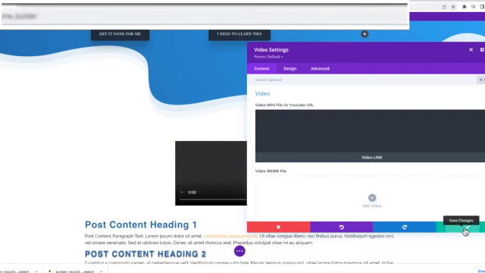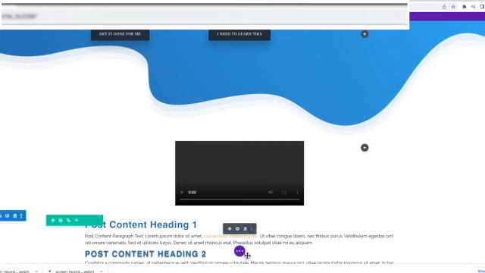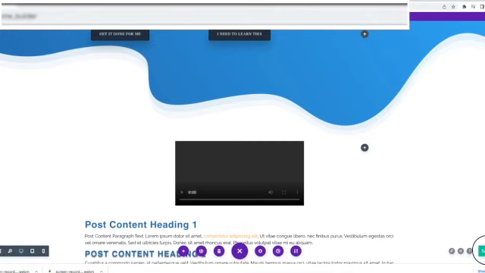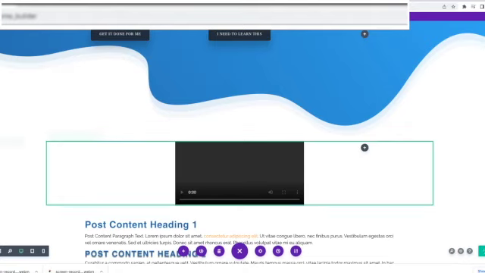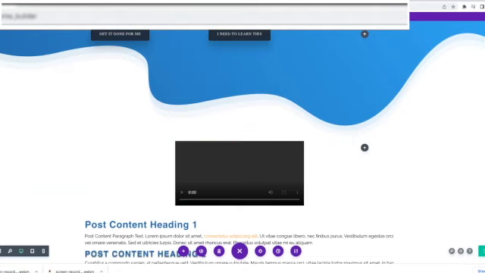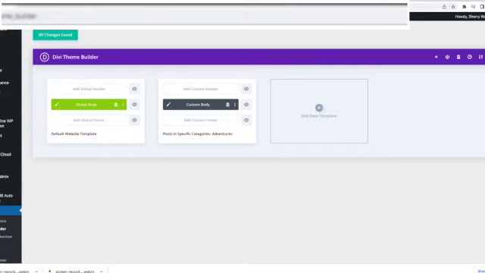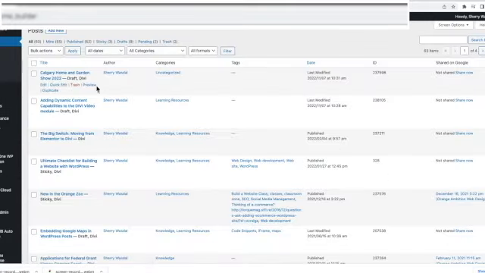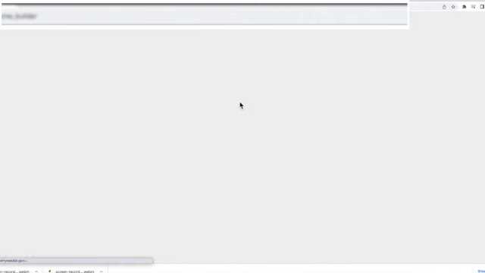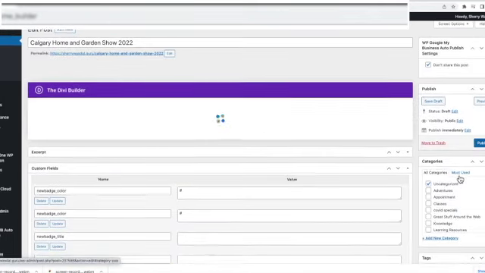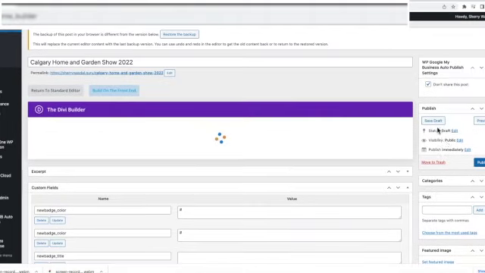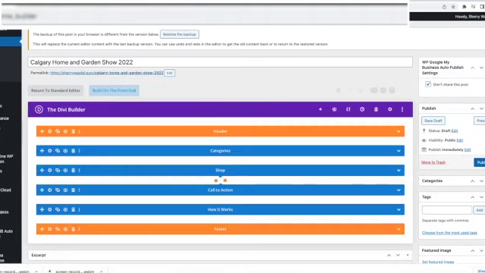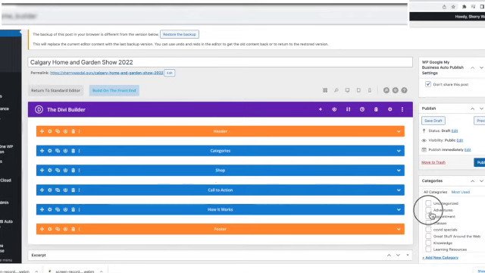Because we're in the builder. So, and that's fine. So now that I have that, I am going to click save. And then if I go back over to the post that I was working on before, let's head back over there. When I get to that post that I'm working on, if I go and click it to this category of adventures, because remember that's what I said over in the Divi Builder, is that if it was tagged with